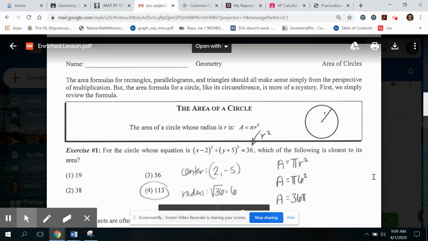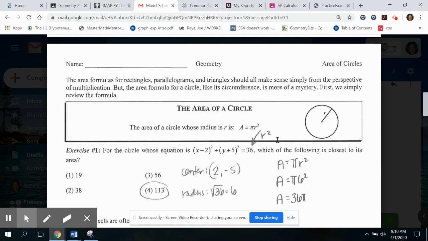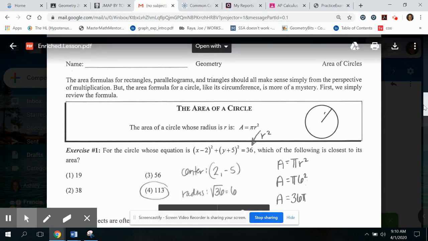Hi, yesterday we talked about the area of polygons, in particular triangles and any type of parallelogram. Today we're going to focus on the area of a circle. The formula for the area of a circle is pi r squared, so I'm going to be working quite a bit with that. So the first example brings back